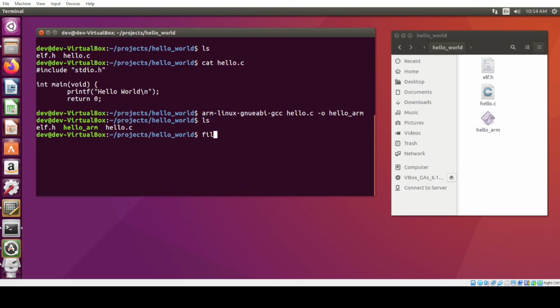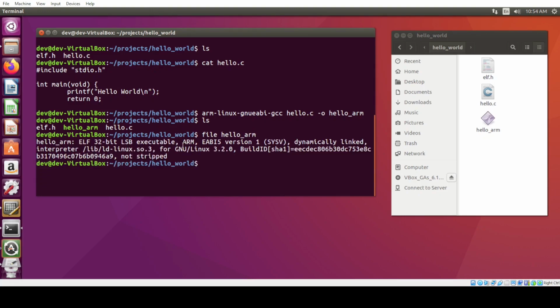And if I run file on it, it tells us that it is ARM and it's an LSB executable and it's dynamically linked. That's because we have this printf in here. The next thing we're going to do